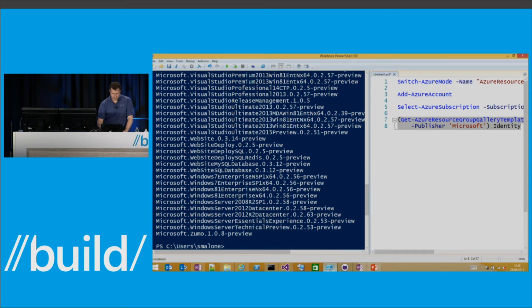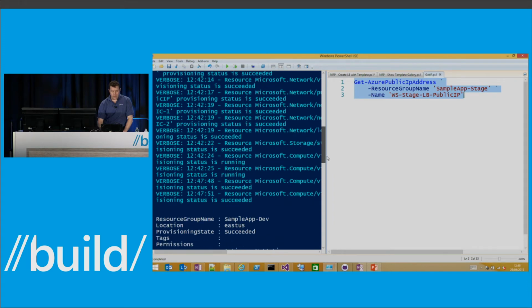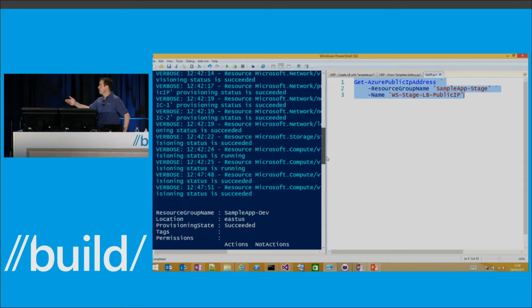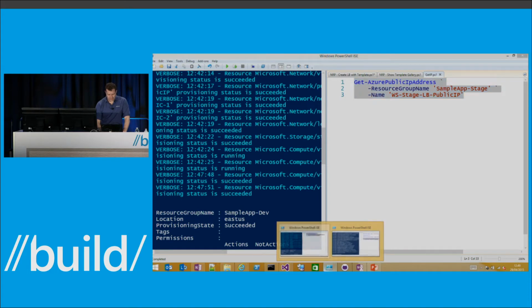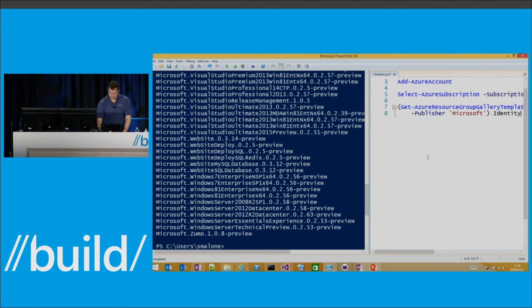So if I switch back to here, excuse me. Oh, and actually that's all finished. That's awesome. So the template we started running a couple minutes ago is done. This dev environment is there with the two VMs, the load balancer, the various other stuff, which is pretty awesome. Now, looking at the stage environment we created earlier,